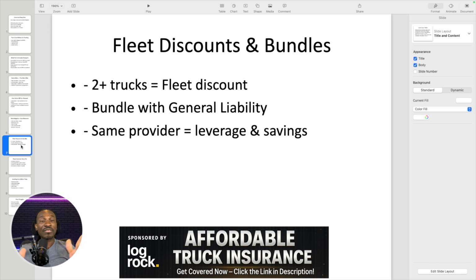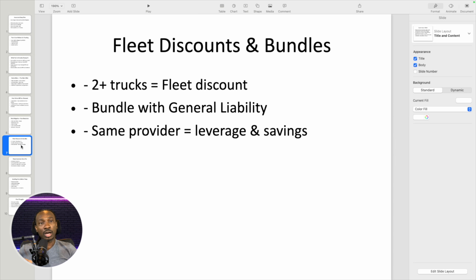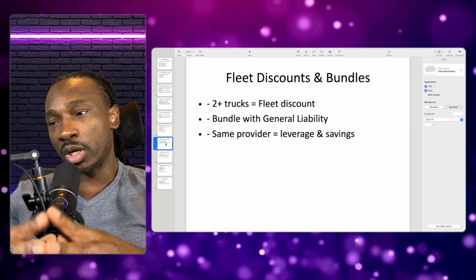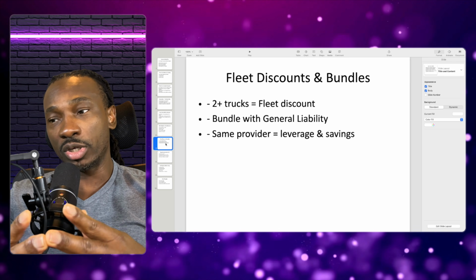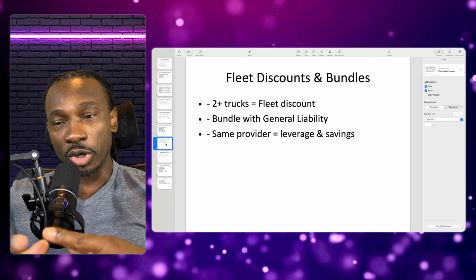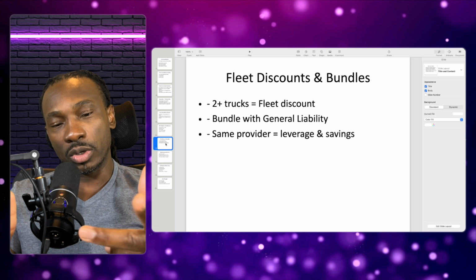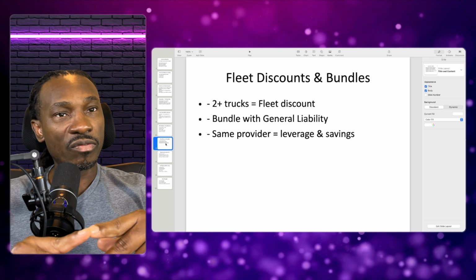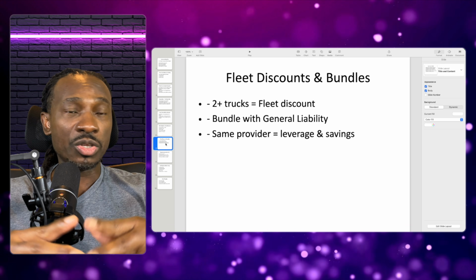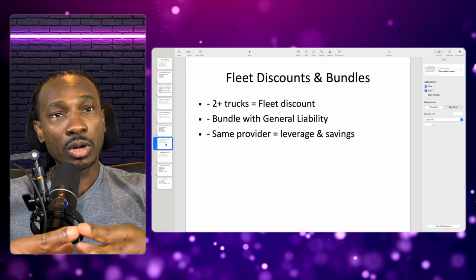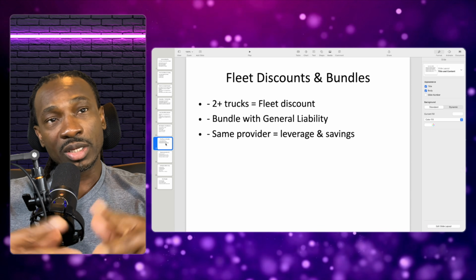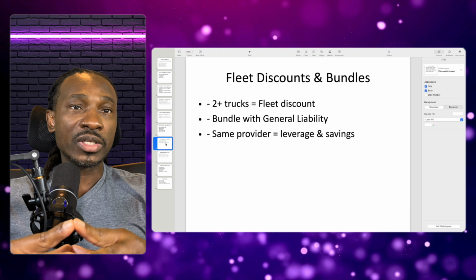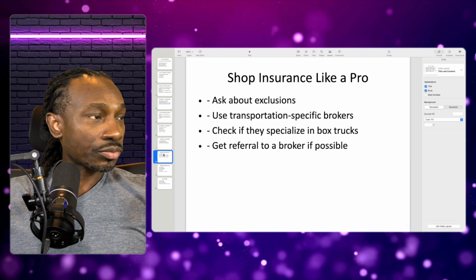I've never had all the same, right? I've always had Acuity for general liability. I've had Grange for commercial auto and cargo, until I had that one claim for 55,000, and sure enough, we got dropped, and then we went over to Mercury for commercial auto and National Fire and Liability for cargo. And you can split it up. It's all up to your broker on how they want to save you money. In a lot of cases, if you're all under that one umbrella, you can get a bundle saving, but not all the time. All right, it all depends.